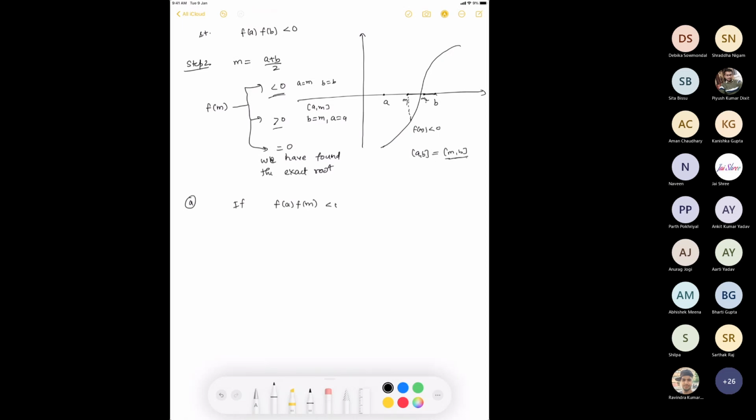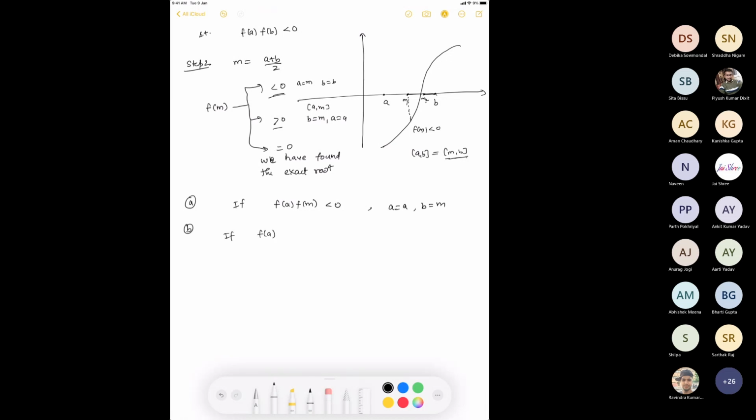So if this is less than 0, this means that FM is positive, right? Because FA is already negative. So this is going to be less than 0. This means that the evaluation of F at M is positive. So I will replace B by M. Okay. Otherwise, that is, if FA into FM is greater than equal to 0,